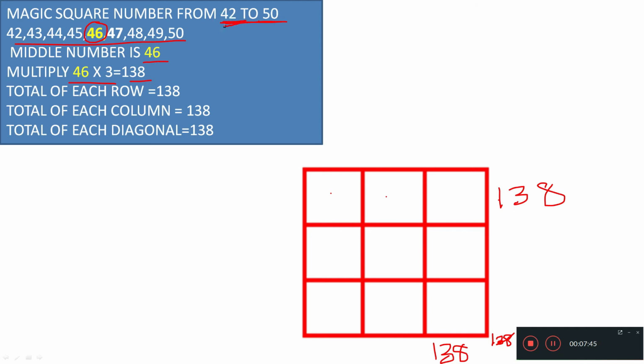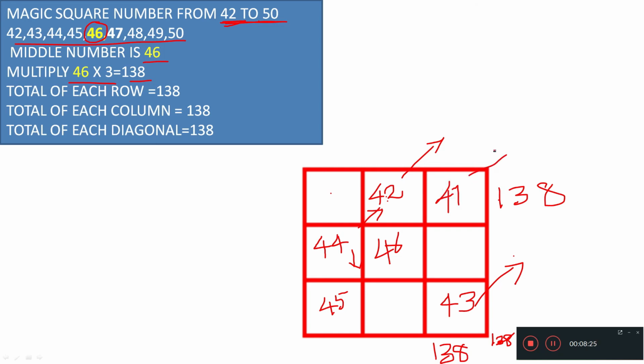First number is 42. So always in the first row, in the middle box, you put 42. When you place the number, you should go diagonally, I told you. So here there is no box available, so you should come down and put the number in the last box. 43. 44 you should go diagonally, but here there is no box, so you should come left and you put 44. 45 you should go diagonally, but already 42 is there in that place, so you should come down. 45, 46, diagonally you can go. 47,